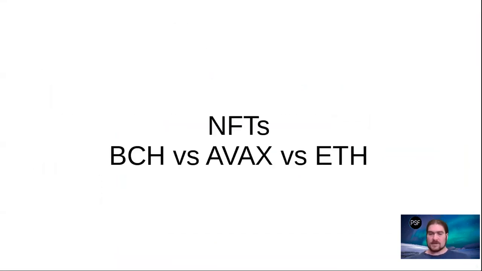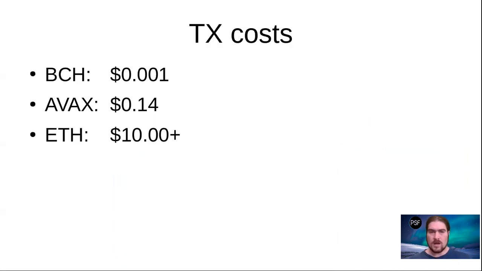So actually, that's a good segue. So let's talk about NFTs and how they compare between Bitcoin Cash, Avalanche, and Ethereum. I think the most stark difference is the price in transaction costs. So on Bitcoin Cash, it's actually less than 1/10 of a cent, but I just rounded up to 1/10 of a cent. But yeah, it's around 1/10 of a cent to mint and send